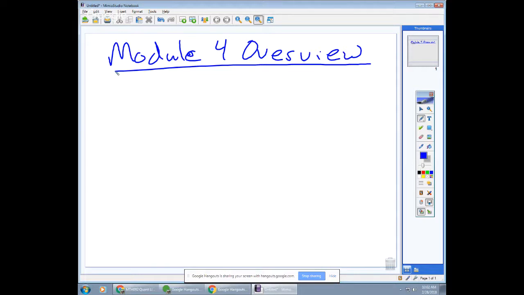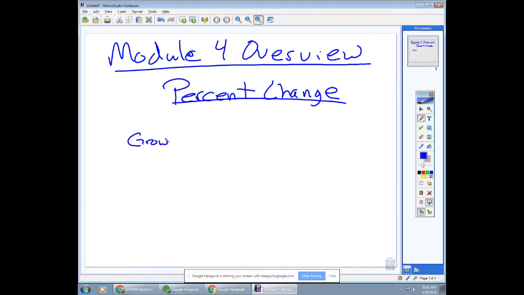So the big thing we've looked at here is percent change, which we started looking at way back in the previous course. And percent change comes in two forms. You could end up with a growth rate, or you could end up with what we call a decay rate. Like the car depreciation kind of problem. So either way,